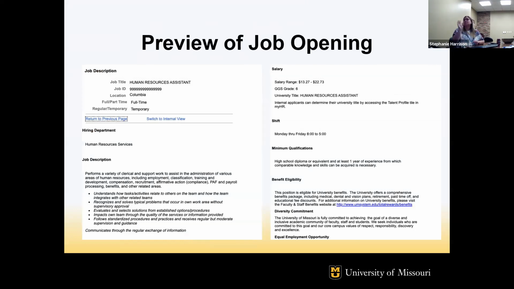Okay, and it doesn't matter what order you put hiring department, job description, minimum qualifications in on the previous screen. Our system is going to automatically put it into the same format each and every time. One thing I will point out is if you do an internal only posting and you go to preview your job opening, this is going to pull up a blank screen, because as you'll see right there below where it shows the job title, it says switch to internal view. If you click on that and you have an internal only posting, then it'll pull in your job description that will go up on the website.